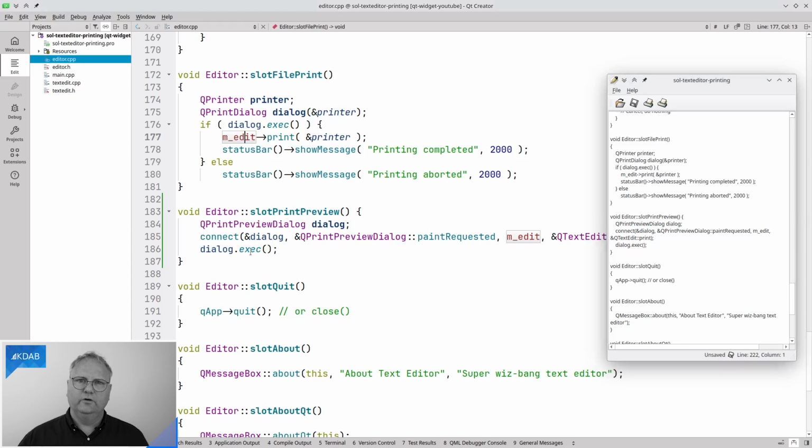1, 2, 3 lines of code for supporting printing, and up here a bit more. And obviously I was lucky because my whole application was a Qt text document that supported that. But had I had something completely different in here, I would likely have had a need for painting those pixels myself anyway. Whatever my application was about, the speed gauge on my fancy Tesla or whatever, I would have had a need for painting those pixels. And in that situation, printing those pixels wouldn't have been any different than calling print here, possibly with the exception that I needed to do pagination.